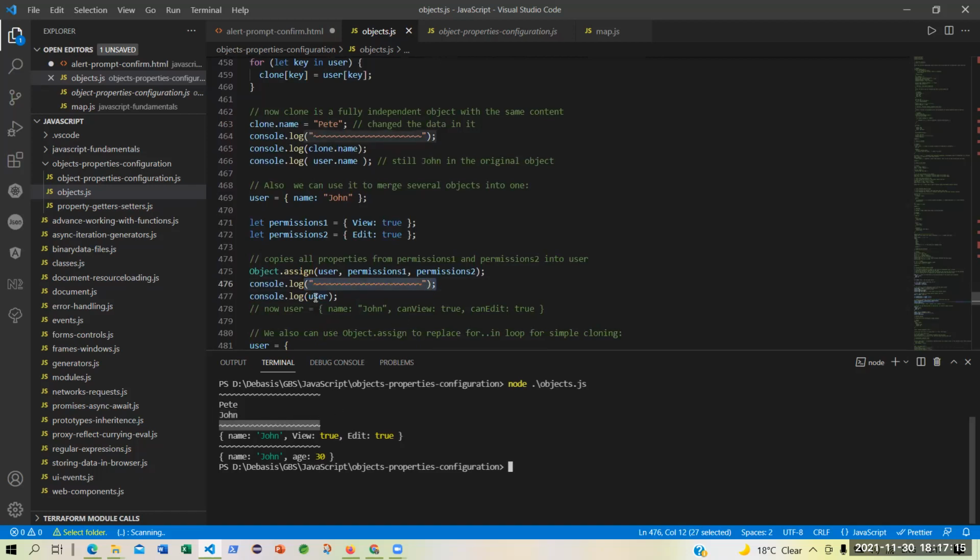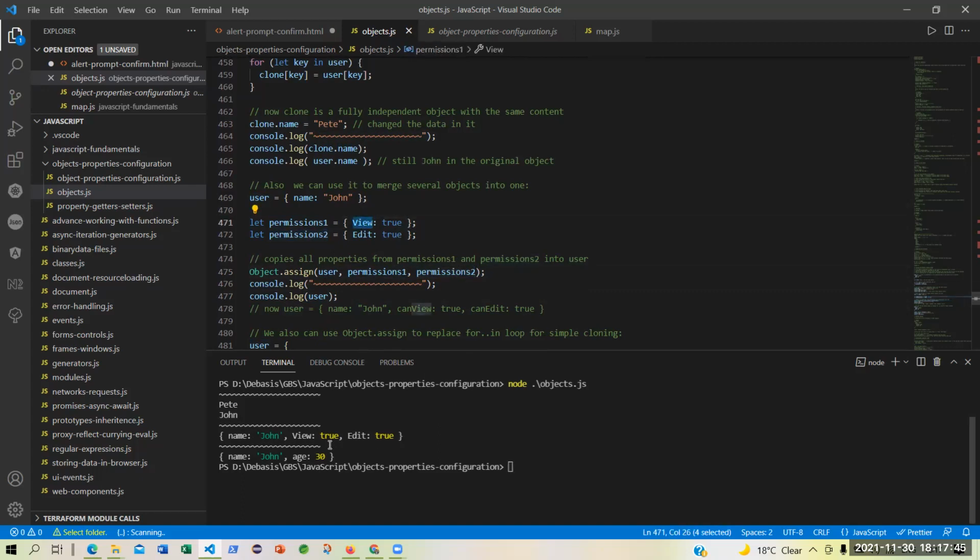And then we are saying console log user. Console log user is now, because you have assigned these permissions to the user. What you are getting is, first of all, this was only one property, but you have added two more properties, permissions 1 and permissions 2. And what is permission 1?